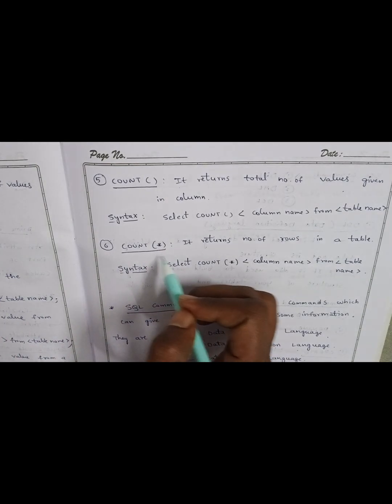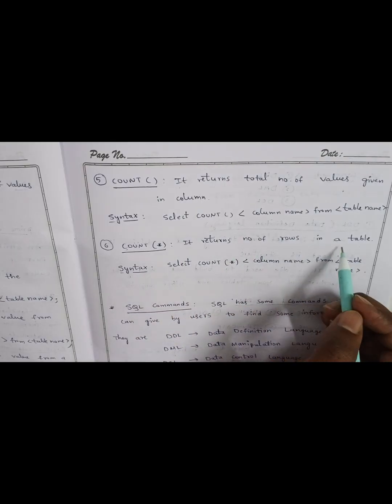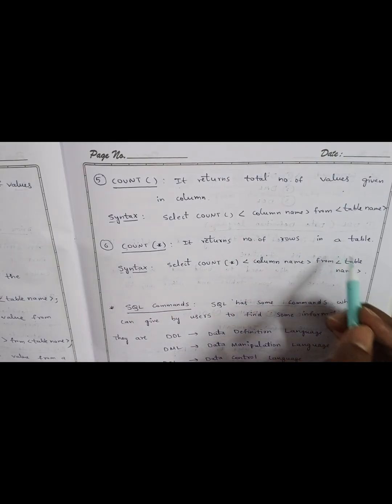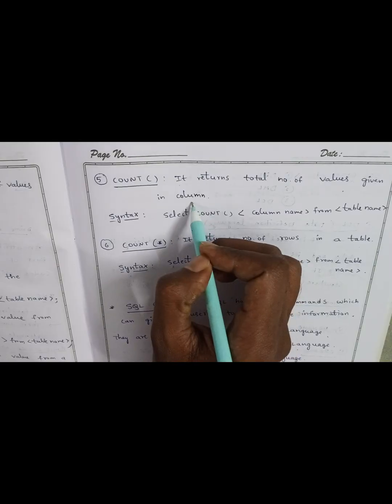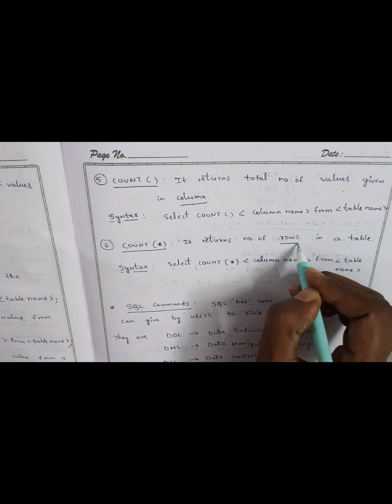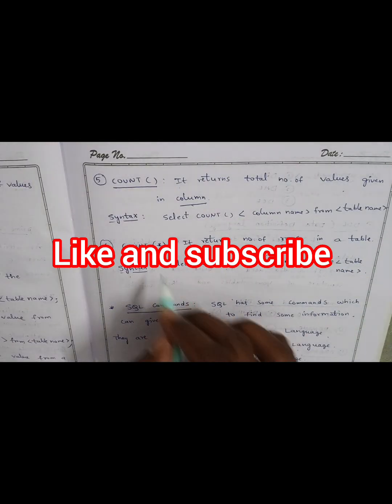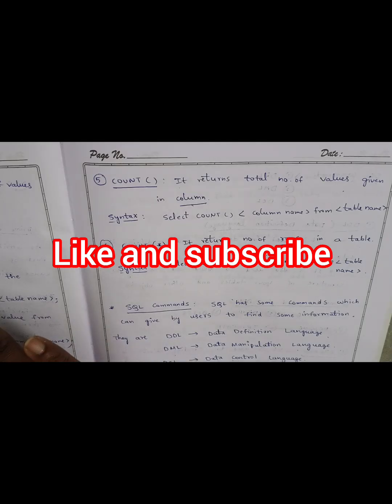Next, count star is very important. It returns the number of rows in a table. Count gives the number of values in a column, while count star gives the number of rows. The syntax is the same as the previous syntax. Okay, you just need to